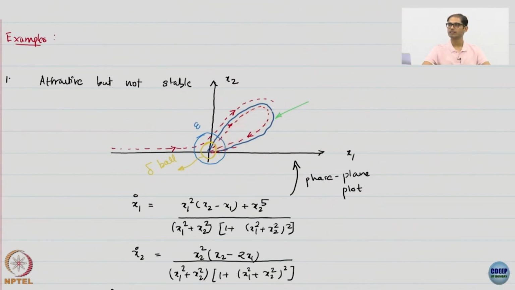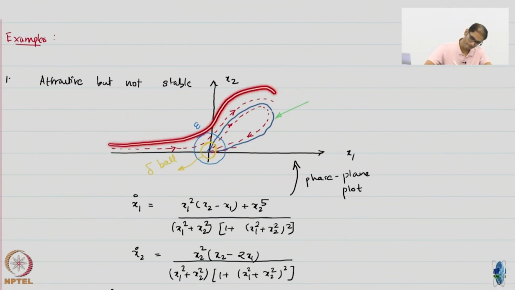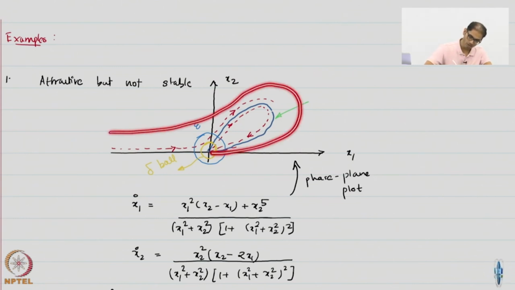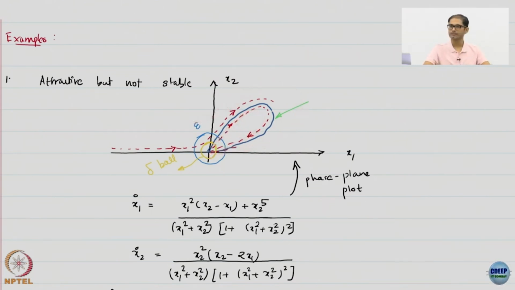Okay, they will all look like this, and if your initial conditions are outside, then the trajectories look like this. So, the interesting thing to see is it's attractive, because wherever you start, you are always getting to the origin. If you start inside or outside, it does not matter, it's going to just do this and go, or it's going to do this and go, it's going to the origin wherever you start. So, attractive, in fact, you can even claim global attractivity in this case.